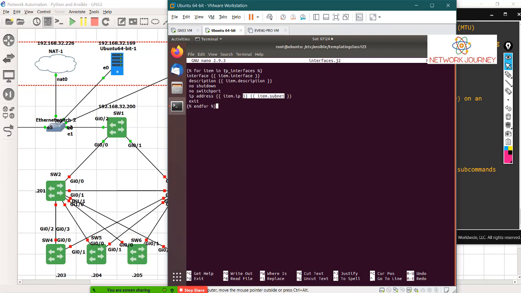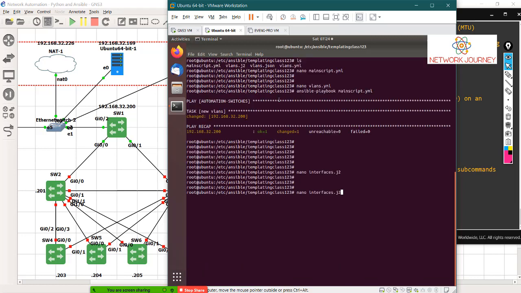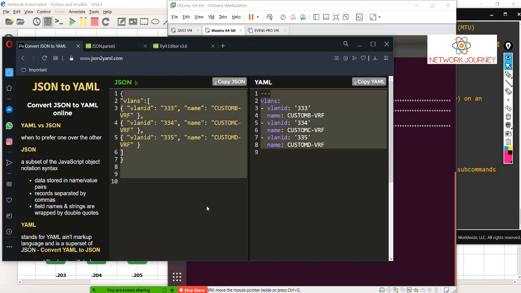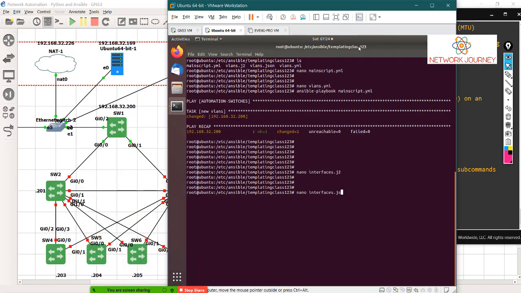Okay, so I have to now define IP interfaces, description, IP, and subnet. So that we can make use of JSON or the data model. I can go with YML, or I can go with JSON. As you know, we have an online tool. So if my customer gives me in this, I can make use of this. If customer gives in this, I can make use of this. So that's not a big deal. I can make use of either way.